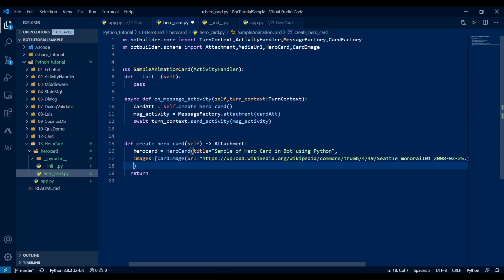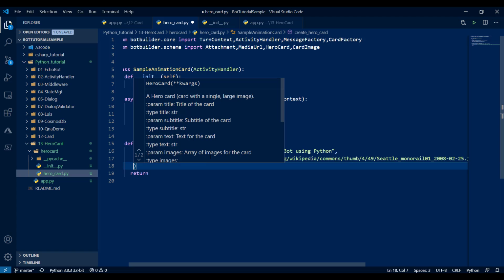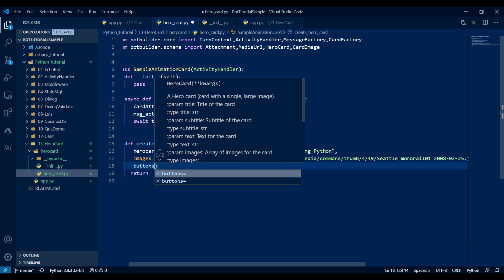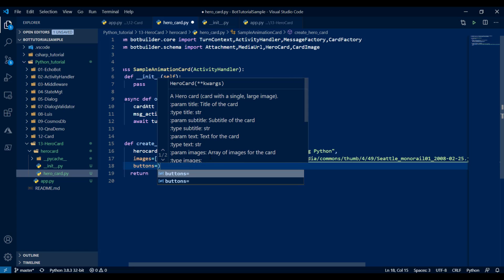Fine. Next we are going to implement the action. If I click this card, some action is required. Maybe we can open an external URL from our application. So I'm implementing buttons.